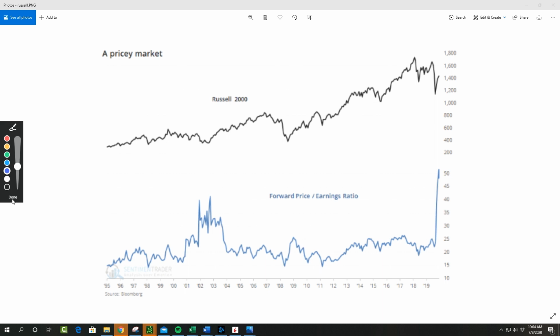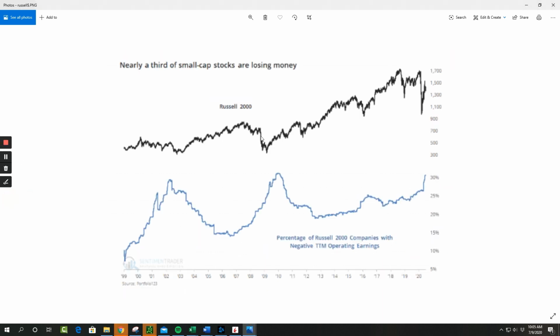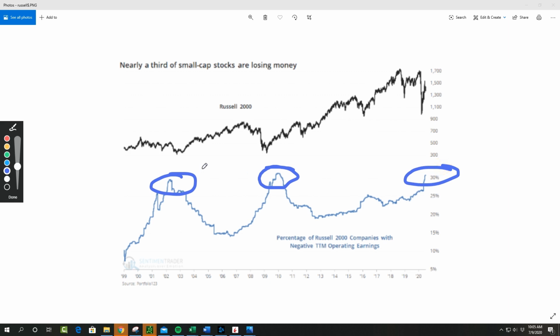And the reason we're here is because nearly a third of the components inside the Russell 2000 are operating at a loss. They're literally losing money. It's over 30% at this point in time. And there have only been a couple of other times where we've seen them that high. Right? This is a concern that if these companies don't start finding a way to make profit,